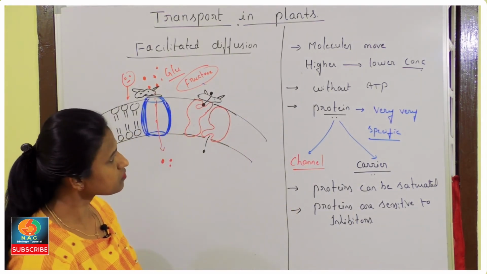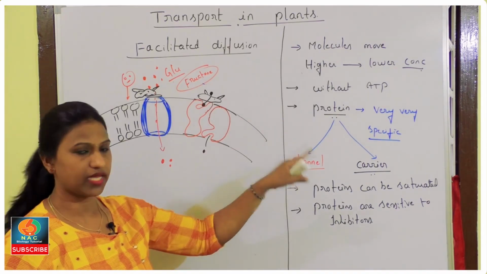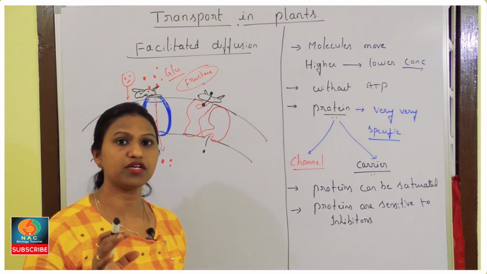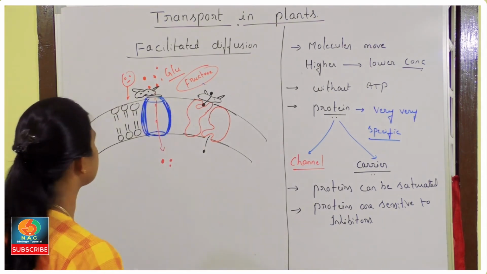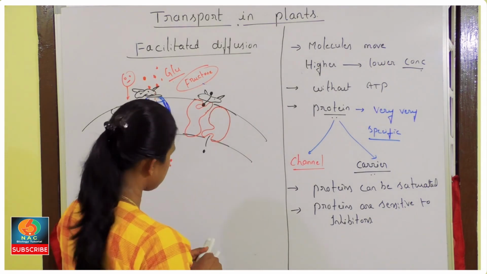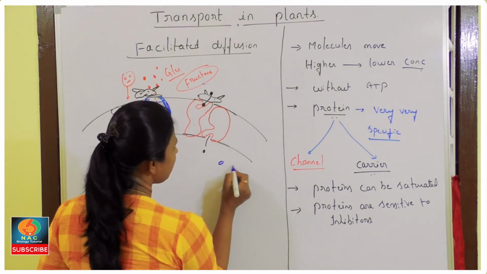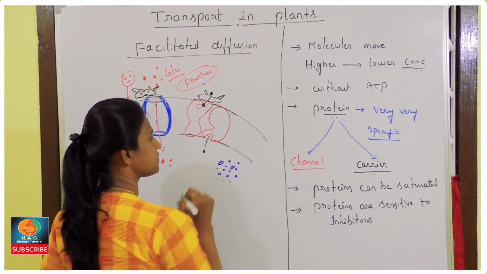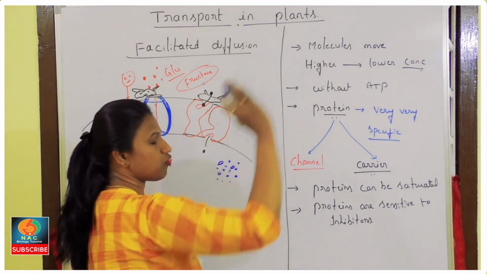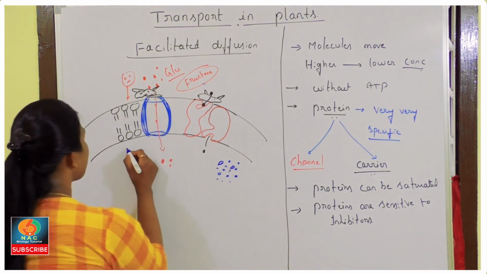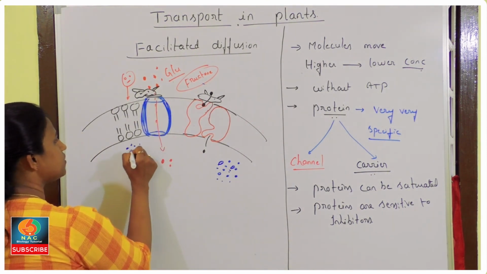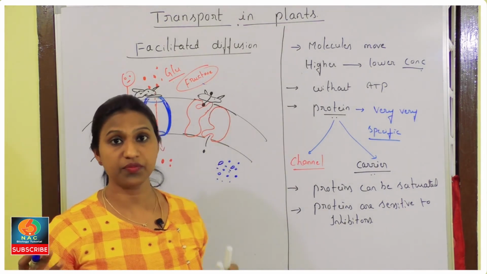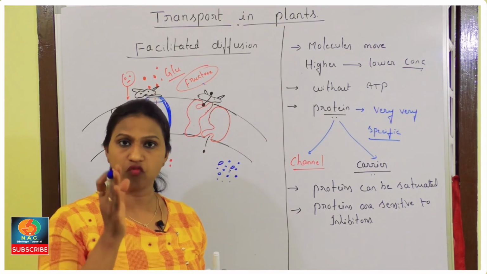And now, channel proteins over, carrier proteins over. One more protein molecule is present, which is meant for the movement of water molecules. Let me show here. Imagine plenty of water is there inside the cell. Now this water has to exit. But it cannot pass through the lipid bilayer, because larger droplets of water cannot pass through it, as the tails hate water.